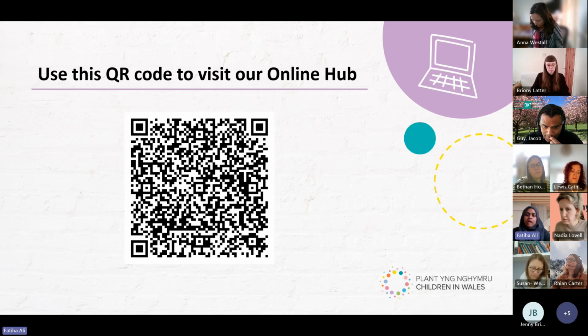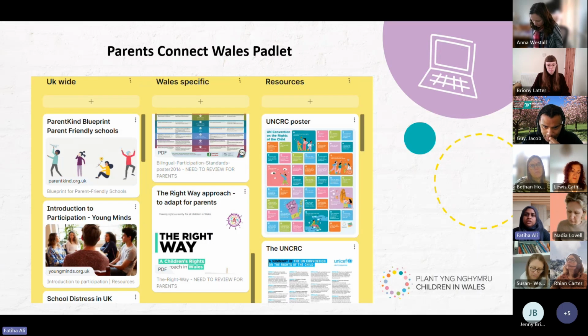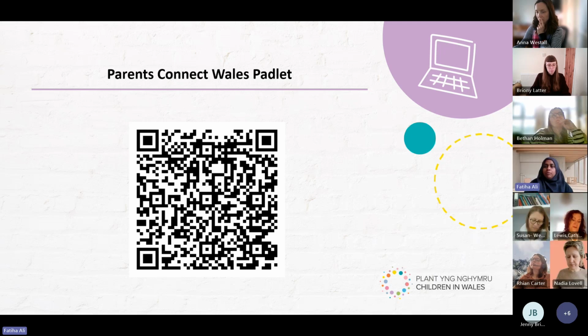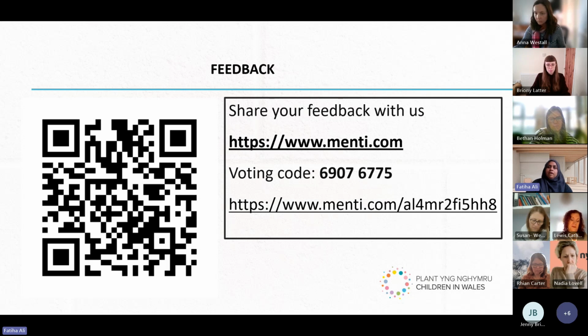And then lastly, something else called a Padlet, which is just like a web platform where all content is uploaded and organized. We've got a Padlet as well for our project where you'll find really good resources, really good information, and lots of different things that might help you in your work. So just to give you a few things to take away with you. I'll put the Mentimeter back on because I'd really like everybody to fill that out if they can.